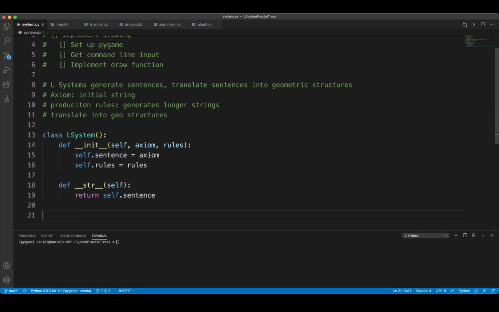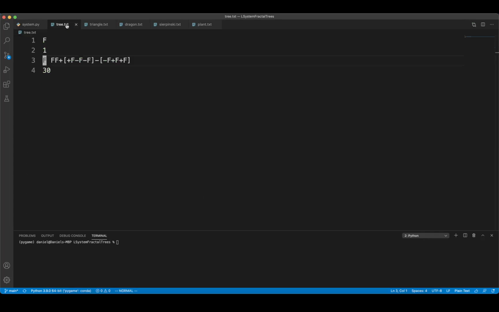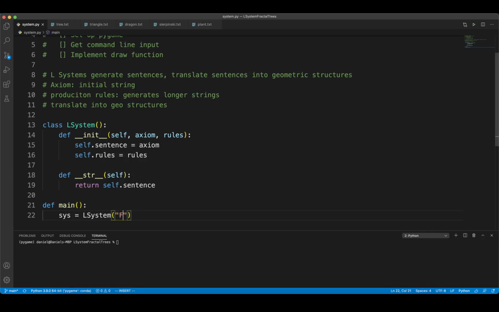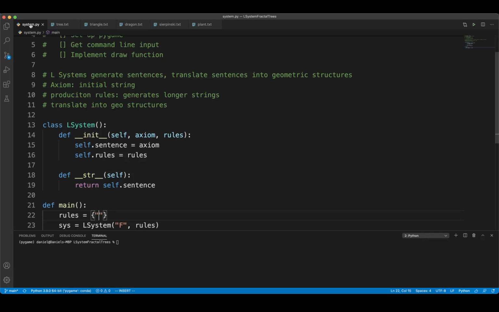So if we define a main function, we can make a new L system. The axiom can just be this example, F, and the rules, I'll make a dictionary, change F